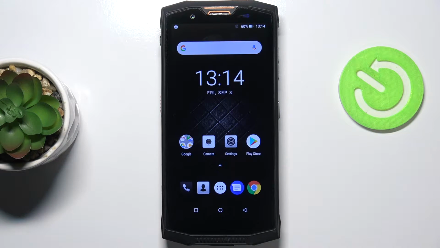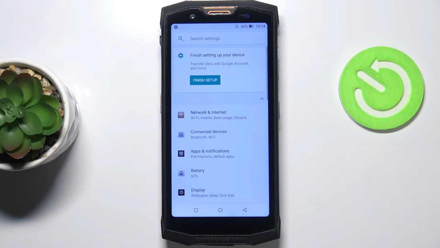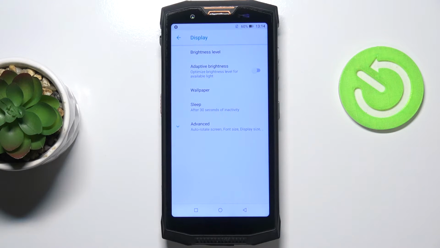Hi everyone, in front of me I've got DOOGEE S80 and let me share with you how to change the wallpaper on this device. So first of all, let's enter the settings, and here we have to tap on the display. Now let's enter the wallpaper option, and as you can see here we've got 3 different albums from which